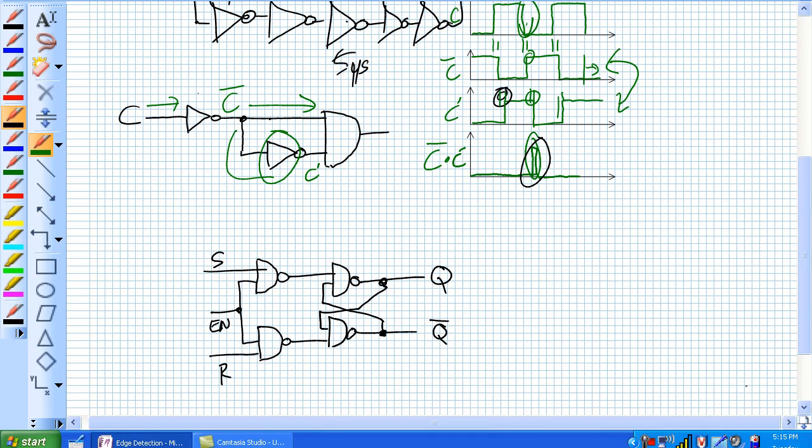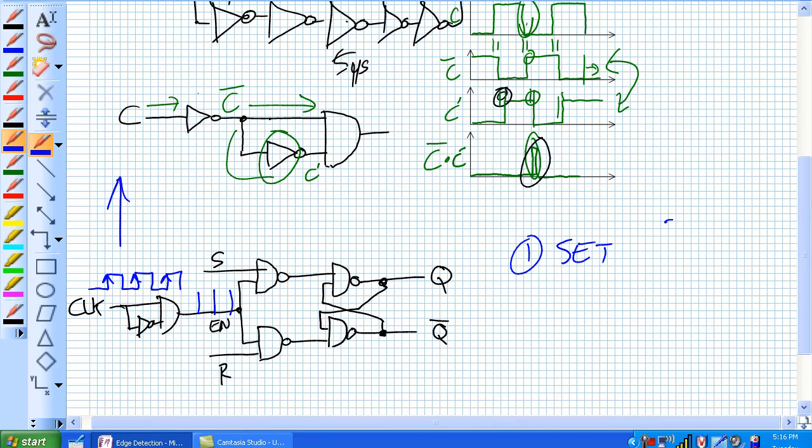So let's apply a positive edge detector to something like our gated SR latch. Okay, so this is our regular gated SR latch. So now what we're going to do is apply our positive edge detector to the enable, and we're going to call this signal the clock. Anytime the clock is going like this, according to what we just discussed upstairs, anytime we get a positive edge here, we get a brief pulse on enable. So when that positive spike occurs, it briefly enables the gated SR latch to